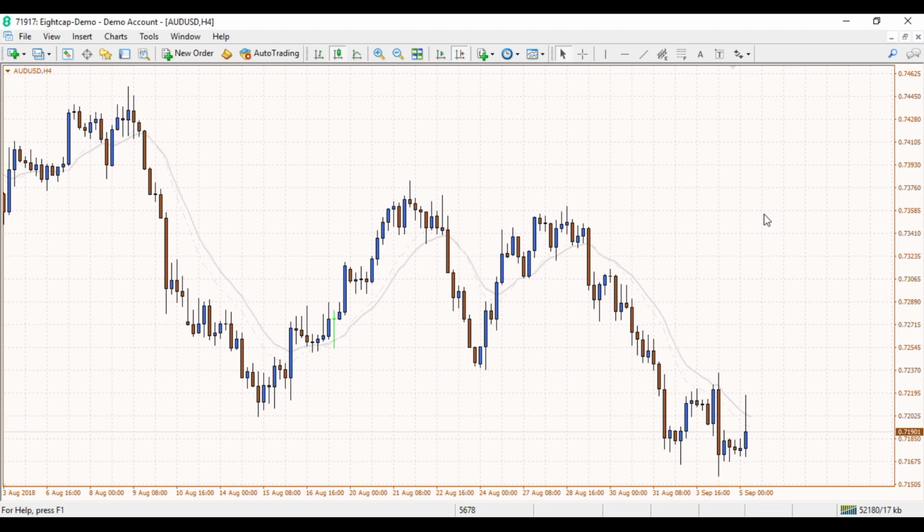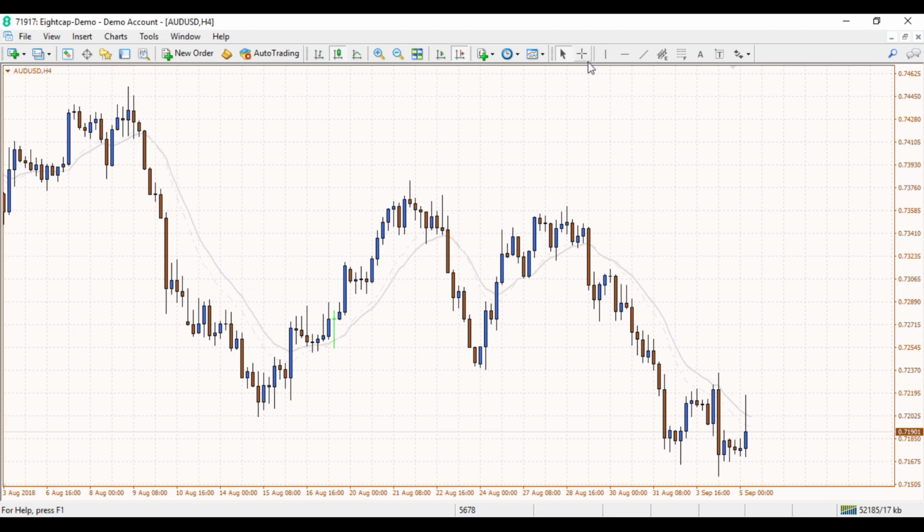Today's video we're going to have a look at higher lows and lower highs. We're also later on in the video going to look at qualifying them after momentum breaks. So just to start off with, let's have a look at what is a lower high and what is a